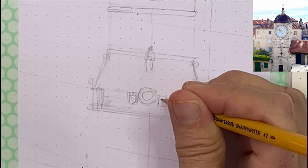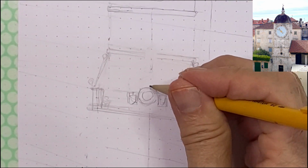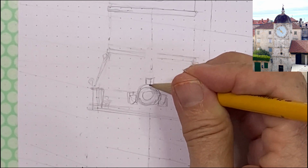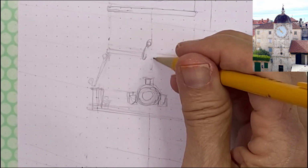So let's get on with the pencil drawing, and I'm going to make this a super relaxing and easy video. I'm going to be putting on some music so you can listen to some nice relaxing music while I draw and paint, and I'll just pop in occasionally with some comments that I think you might find helpful in your